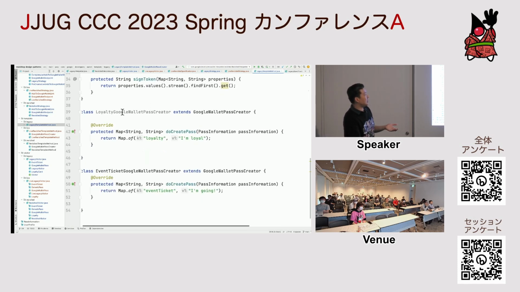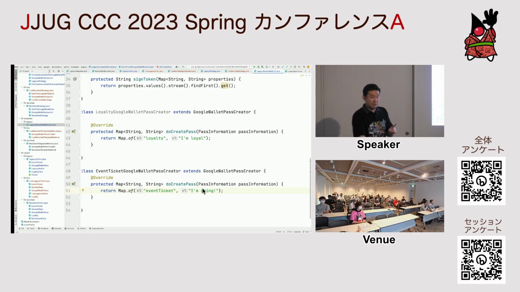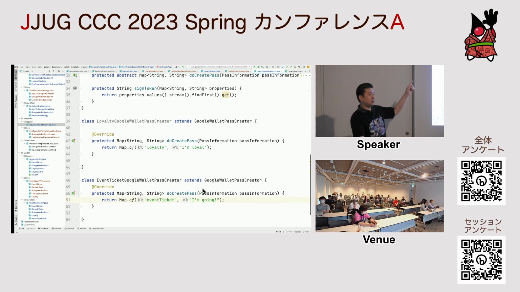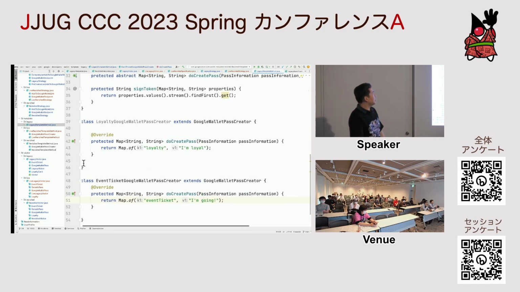And we create concrete implementations depending on what we want to do. So if I want to create a loyalty pass, I return a map saying I'm loyal. If I want to create an event ticket, I return a map with other information. This is the template method. This is what we used to do almost 30 years ago. In 2023, you shouldn't be creating template methods. You should be creating